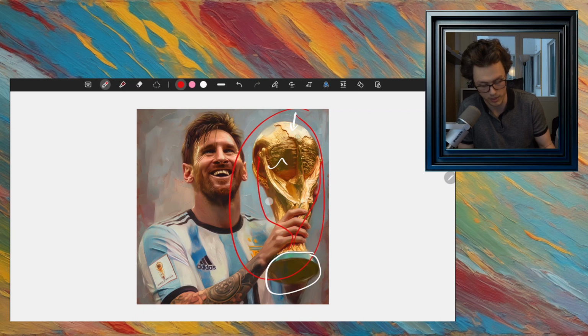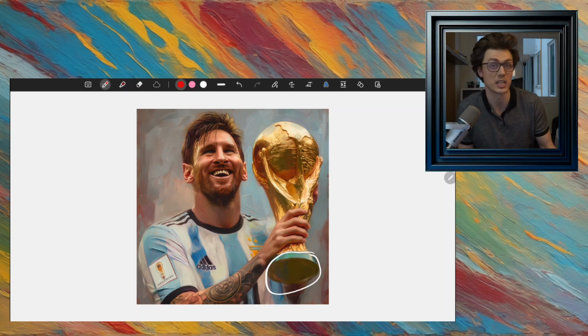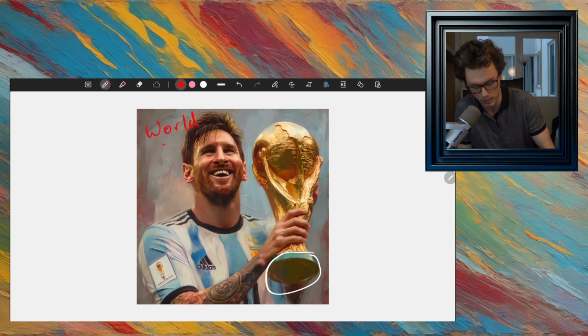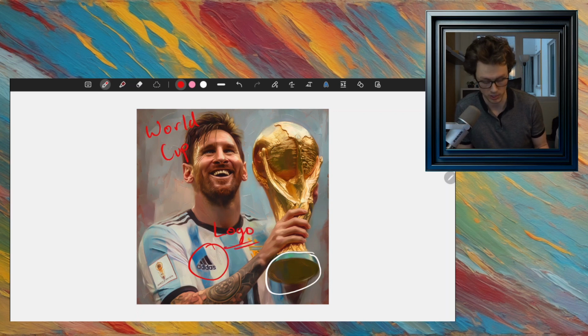That's because if you win something, for example, in soccer, I believe this is the World Cup trophy. I don't actually really know, but it would be for the World Cup. There's also this part here, which is a logo, right? You might have heard of that before. A logo is for a brand, such as Adidas is a brand. And brands very often will put their logo onto things so that you know who made it or who it's